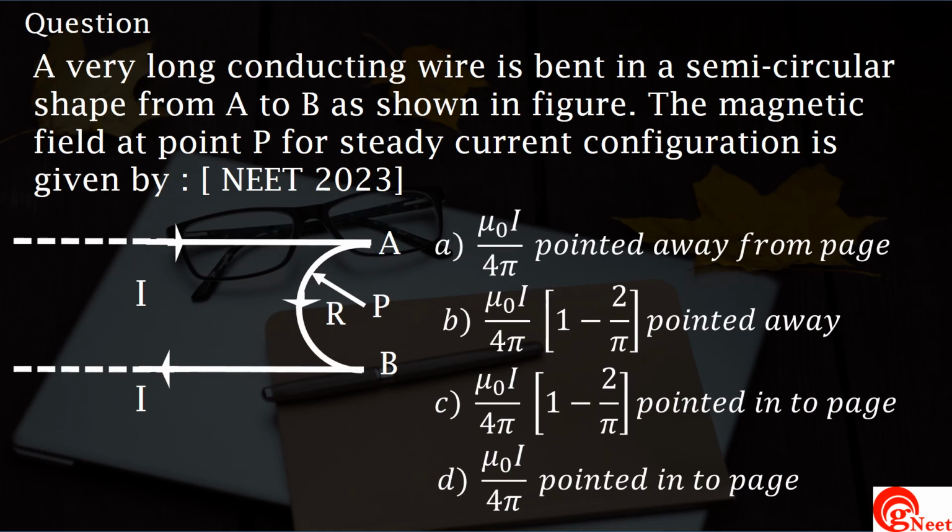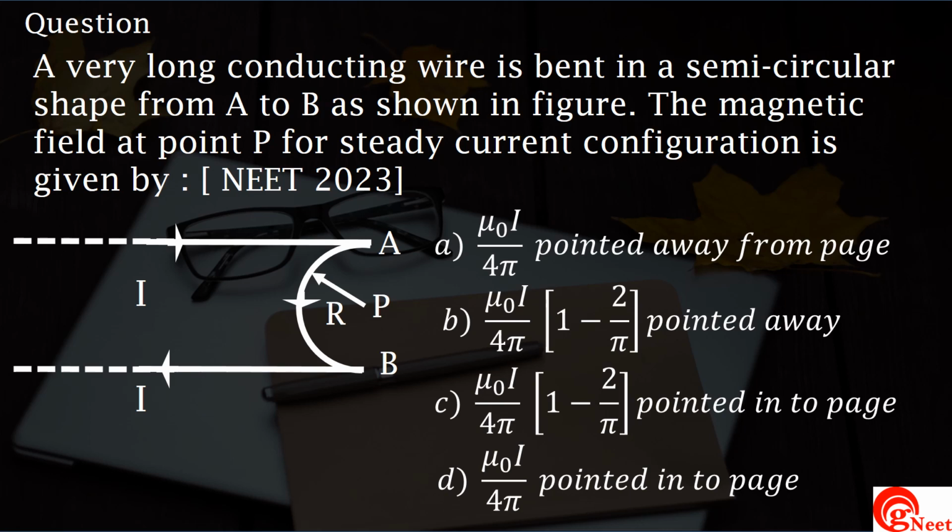Hello, NEET aspirants. Today, we are delving into a problem extracted from the NEET 2023 question paper. Imagine a lengthy wire conducting electricity. Now, configure that wire into a semicircle stretching from point A to point B as depicted in the figure. Our objective is to determine the magnetic field at a designated point denoted as P with the assumption that the